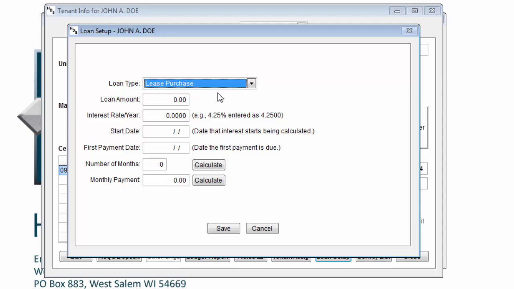If your program is missing a loan type, you can have that set up by contacting HDS support at 608-786-2366. We'll continue through entering in our tenant's loan amount, their interest rate,